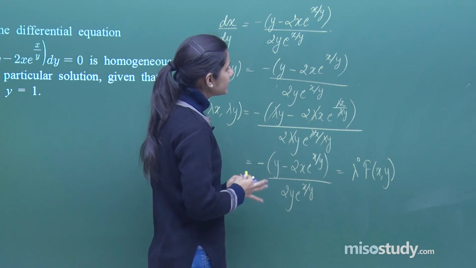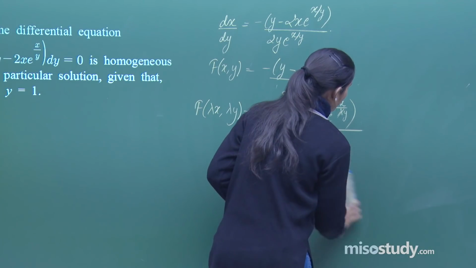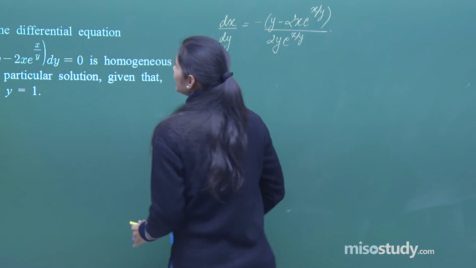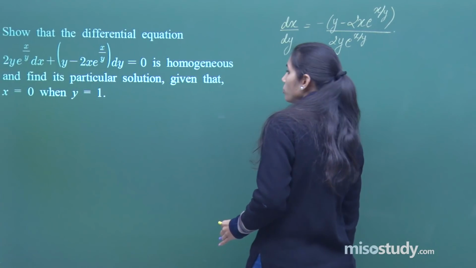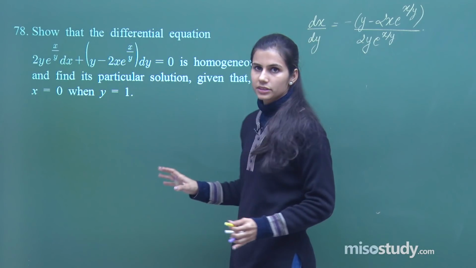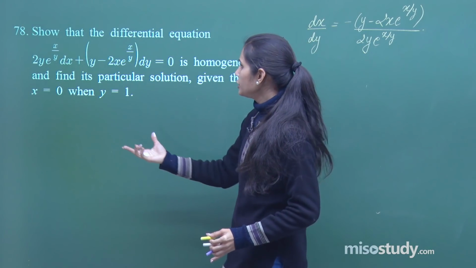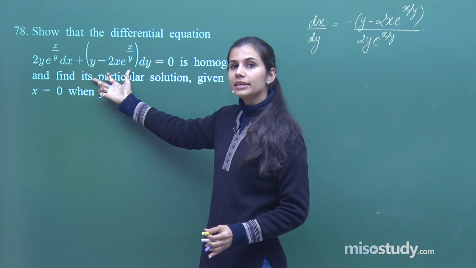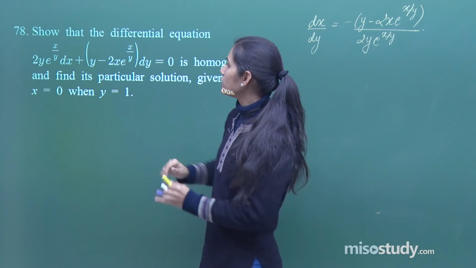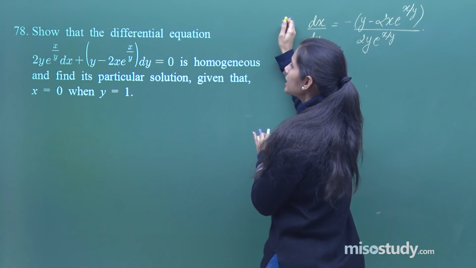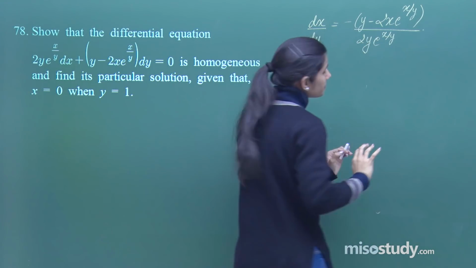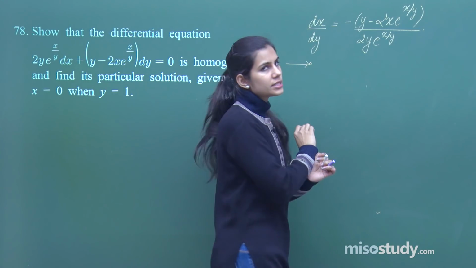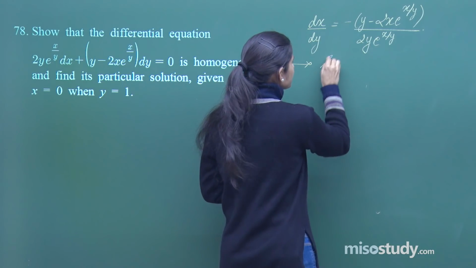Okay, the moment I have identified this is a homogeneous function or homogeneous differential equation, how do we proceed further? If I know now that this is a homogeneous differential equation, how do I proceed further? I have got my dx by dy with me. So, I wrote this, equated it with minus of this, and then dx by dy I evaluated. So, over here I have got this times dx equals this times dy. Now, what am I going to do next? If this is confirmed to be homogeneous, what am I going to do next? You substitute